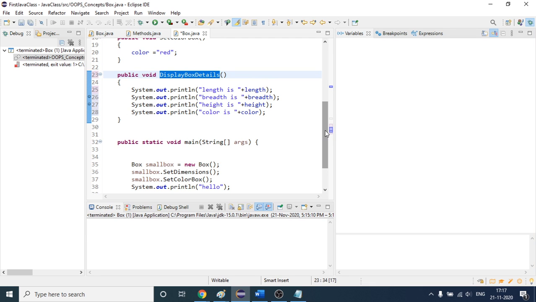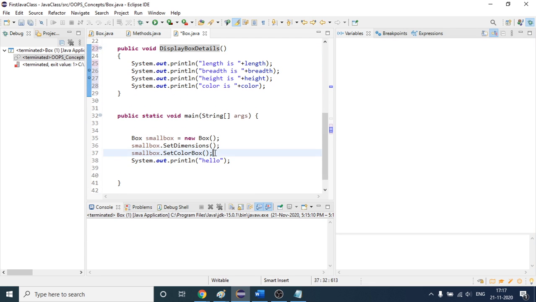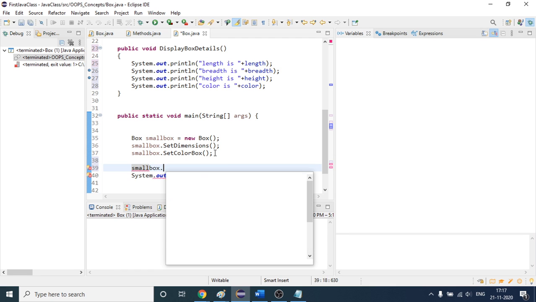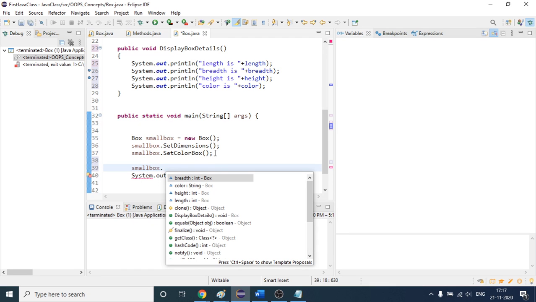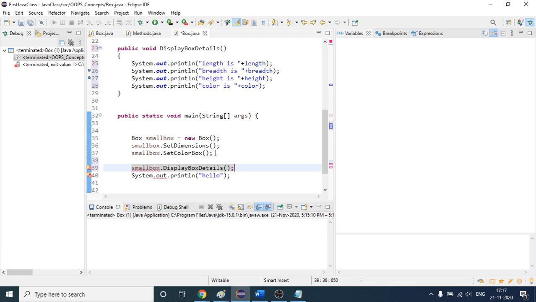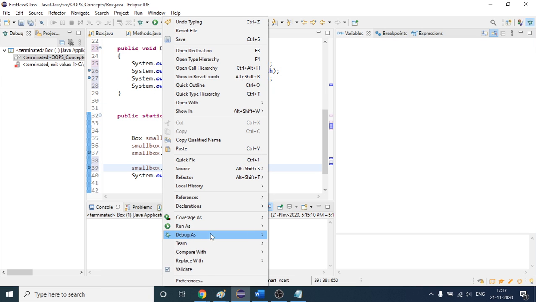After that, let me write the object name, dot, method name. So what is the method? I think displayBoxDetails. So just call this method. Here I am actually making one method call. So let me put a debugger here. So this time, if I show you again,